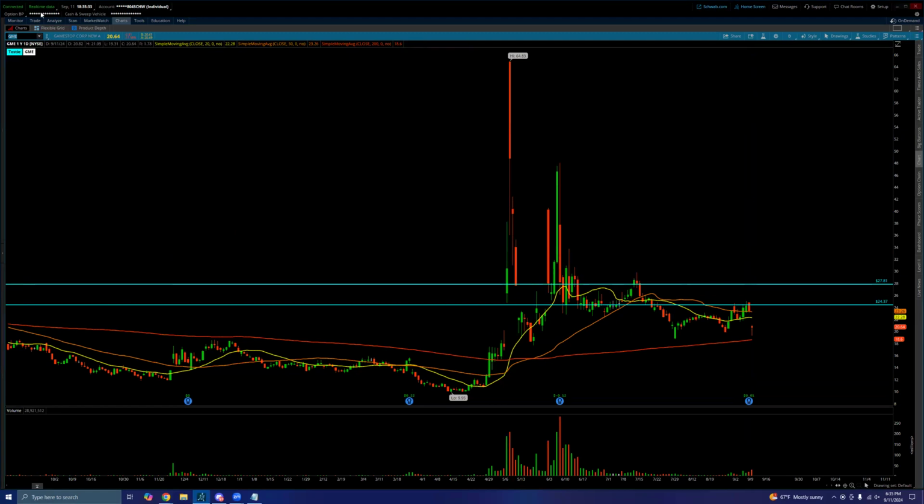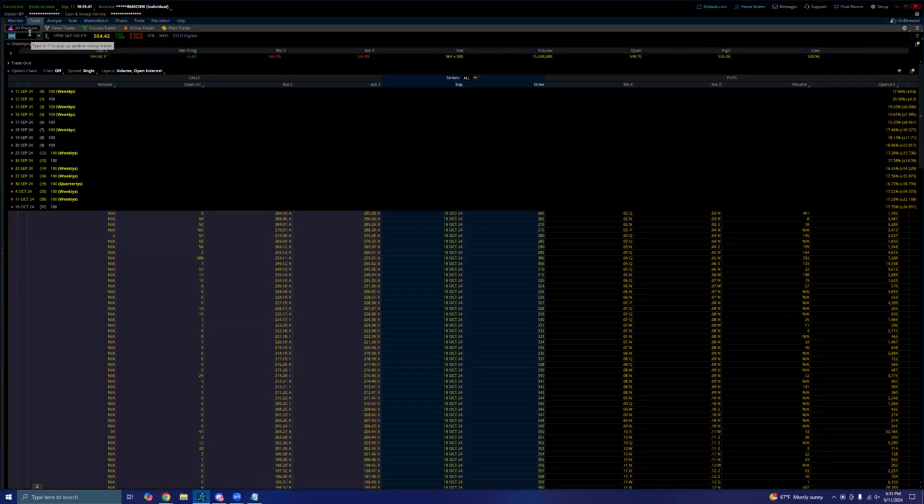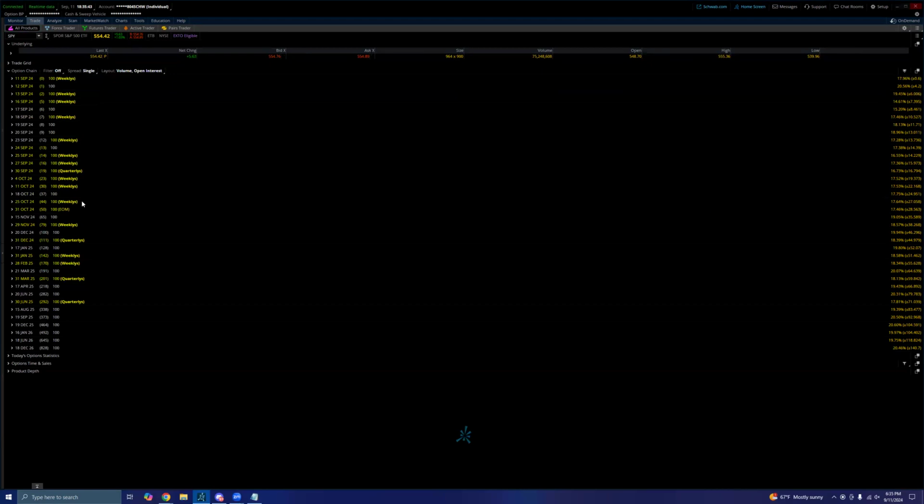Anyway, what you would expect to see in the options chain is an uptick in implied volatility for the option contract that encapsulates the week of that earnings report. It's pretty hard to see here specifically, but for example, for some reason SPY on this specific expiration has elevated IV.